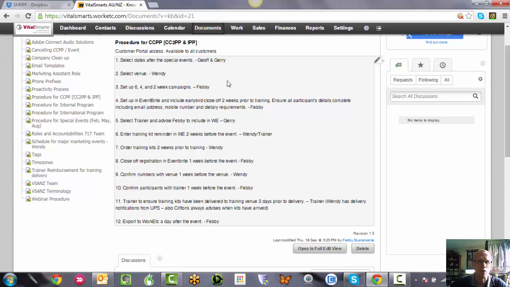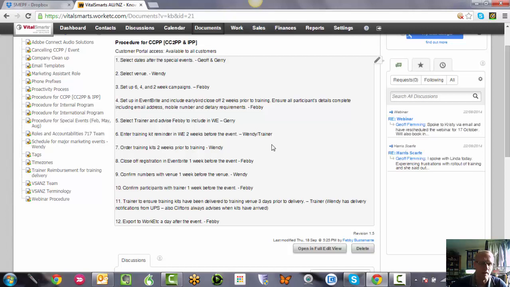When you look through these steps, even with a public program now, you can see this is the procedure for public programs, whether it be a CCPP, or a CC2 PP for Crucial Accountability, or an influencer public program. There are so many steps in here. This is why these days I don't book anything into Eventbrite. That's now Febby's role entirely. The reason is that with all these steps, and with the new procedure there are like 15, I'll miss some of them, and we won't order something, or we'll forget to bill if it's an internal program, or something will get forgotten.